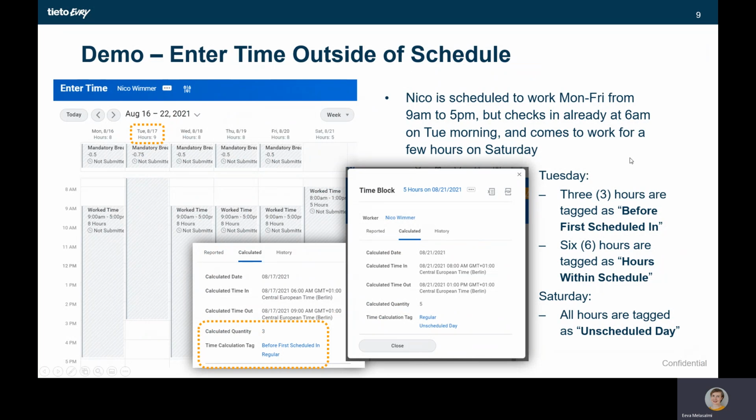Once you have updated your time entry calculations, and when you would go and enter time, in this example, it would be for Nico, who is scheduled to work on Monday to Friday from 9 to 5. But then on one day, he has checked in already 6 in the morning, which then, according to my calculations, would be before the first scheduled in. So you can see in the time block details that we actually now have the calculated quantity for 3 hours that is tagged differently. And same, he has also